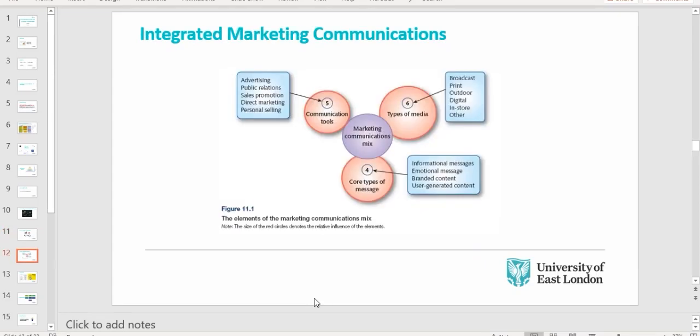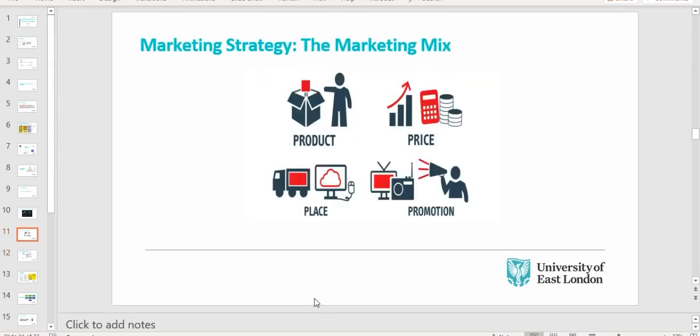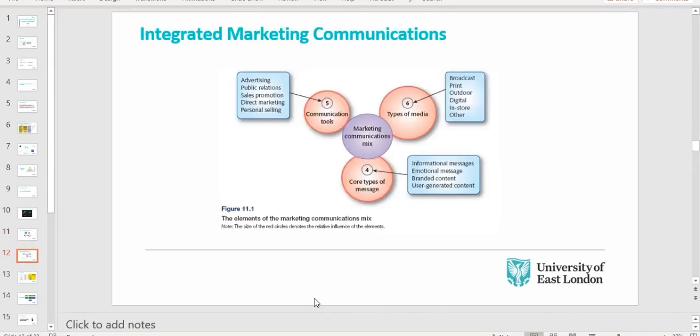All right, which brings me to, I'm kind of leading you into digital marketing. So when you talk about the 4 Ps, one of the elements here, which is promotion, is essentially, in marketing terms, referred to as integrated marketing communications. So integrated marketing comms is how do you communicate to your consumer? Because when you're talking to your consumers, you can use, remember when I said advertising is only a small part of marketing? Because advertising is just one of the many ways in which you can reach out to your consumer.